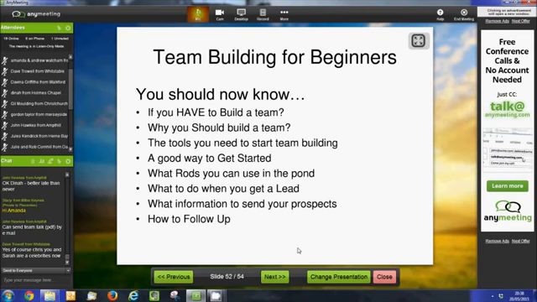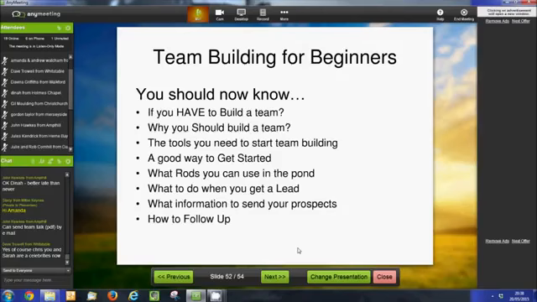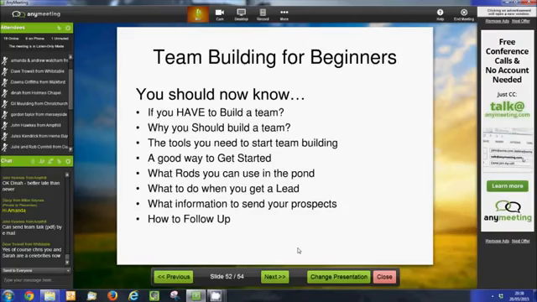Okay, so where are we now? It's 20 to 9. Sorry, that went on a little bit longer than normal, but hopefully that all made sense. What we went through is the fact that you don't have to build a team to be successful in Kleeneze, but there are a lot of benefits to doing so. I explained a bit about the tools that you needed. Typically, it's just computer, diary, book, phone, that kind of thing. So it's not overly complicated.